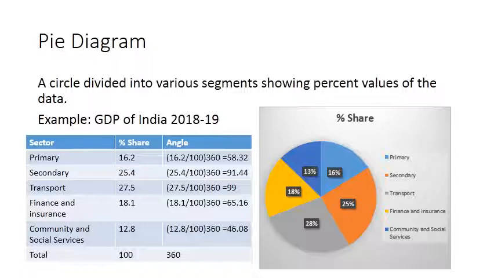That doesn't show the actual data which has been collected from the respondents or from the source of data. Here this shows this pie diagram. It shows the percentage values of the data, we can say. Like you might have seen when you are watching a cricket match, the number of runs scored by a batsman.